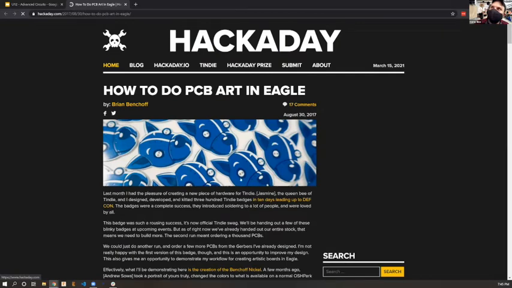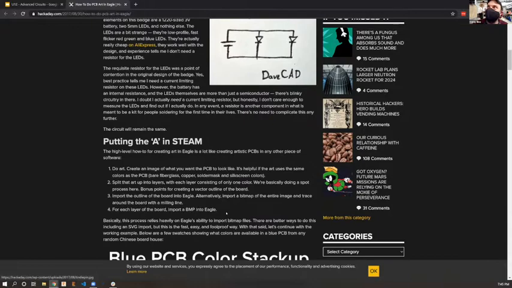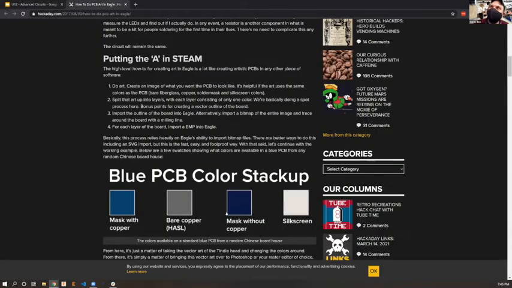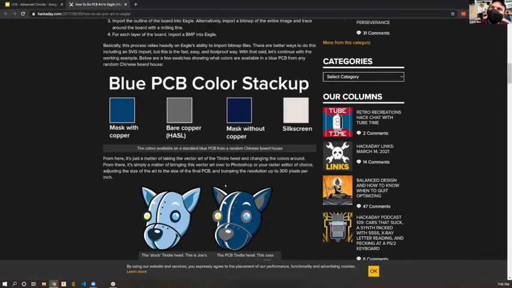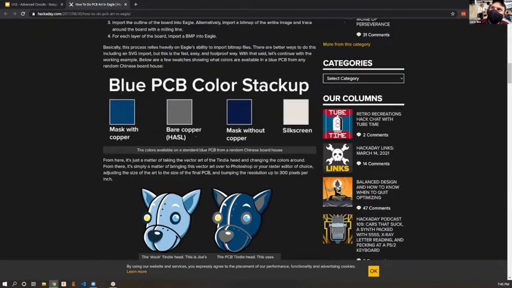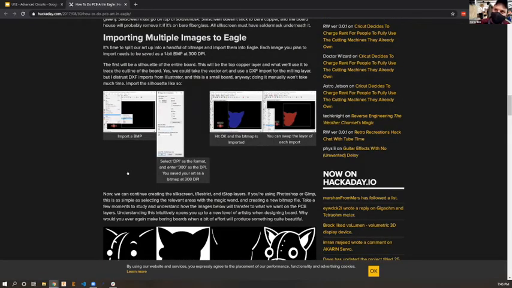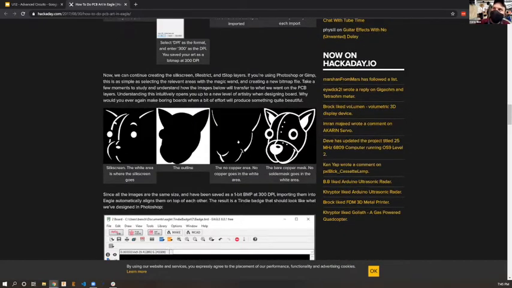So it comes down to that. This is what you should start with, schematics inside of KiCad. They're putting the A in STEAM. I love that. But in here, they go through instructions on how you do this, how you set up your layers in Eagle, and you can see this would be the silk screen, the outline,